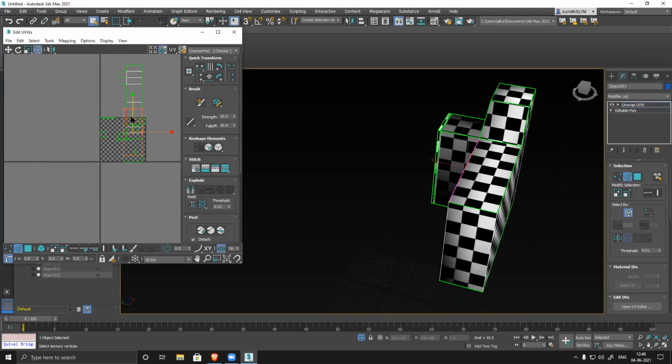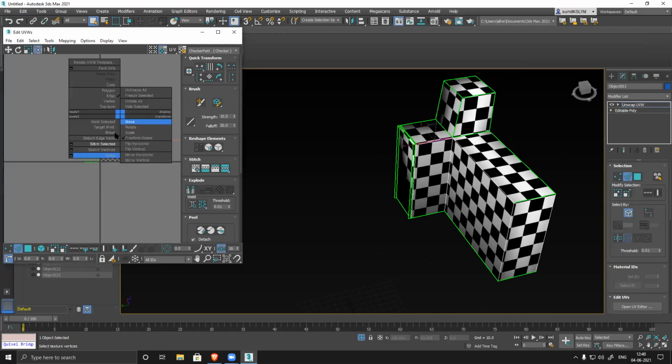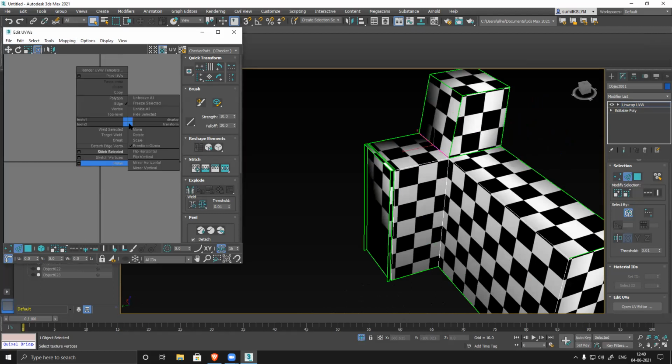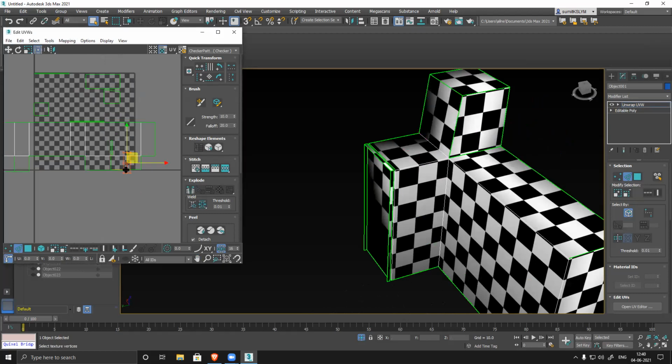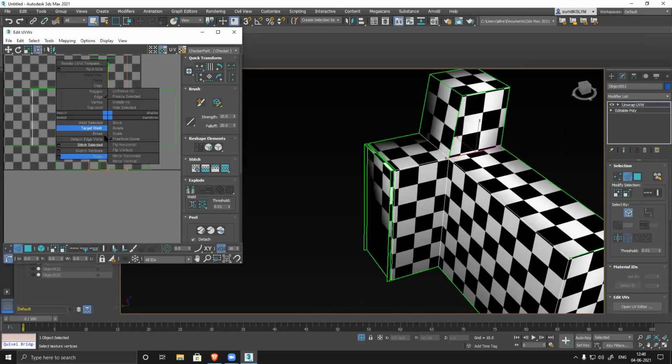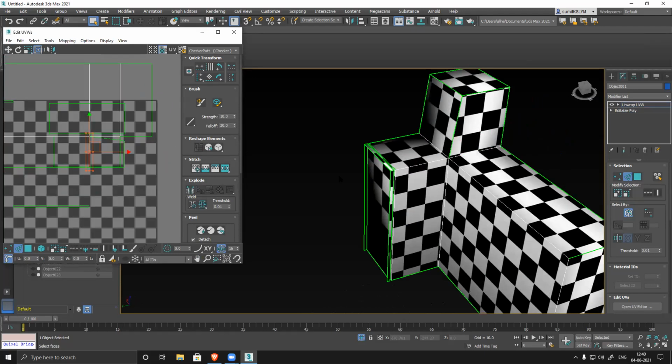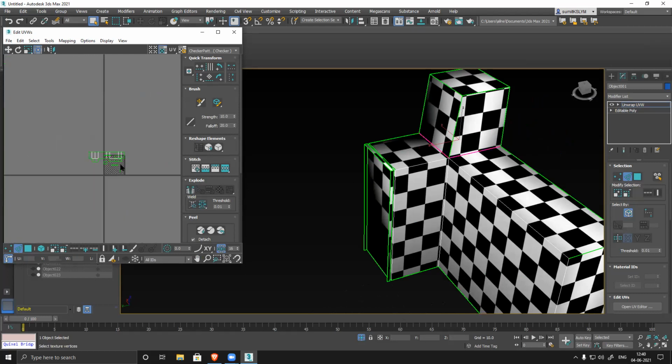This part also, if I want, I can stitch it. So you can see if I stitch these two, it becomes a problem. So I cannot do that. I select these two, right click, break it. Select your model, relax it.